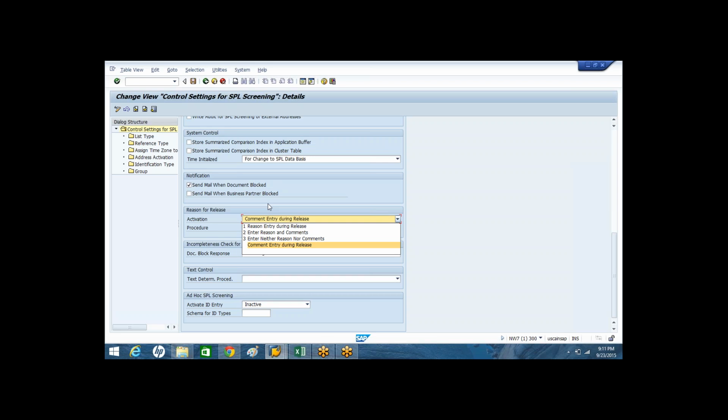Then your client can inform you, okay, we would like to make sure that our users need to enter a reason while removing the block, or they can say, no, we need both reason and the comment, or they can say, no, we don't need the reason, we don't need the comment, simply our users can release the blocks. So according to the client requirement, whatever you are collecting from your business, that is requirements gathering, that thing you can specify.